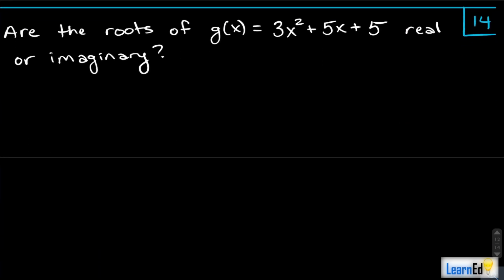Moving on to problem 14, we're asking if the roots of g of x, which is 3x squared plus 5x plus 5, are real or imaginary. First off, what does imaginary mean? It means that it has i in it, right? You're taking the square root of a negative number. That's how you get the imaginary number i. And if you're wondering why we care about imaginary numbers,